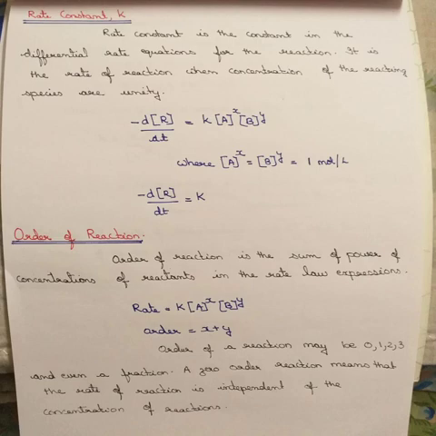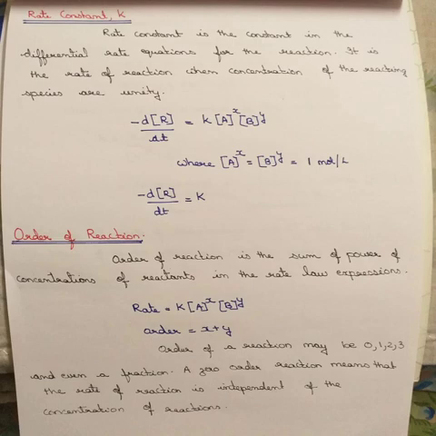We know the unit of rate. In the last section we were discussing the unit of rate. The unit of rate of a reaction is concentration per time. So, instead of rate we can write the unit as concentration by time into 1 by concentration raised to n, where the concentration is that of the reactants. Taking the SI unit of concentration as mol L^-1 and time in seconds, we can find out the unit for different order reactions.